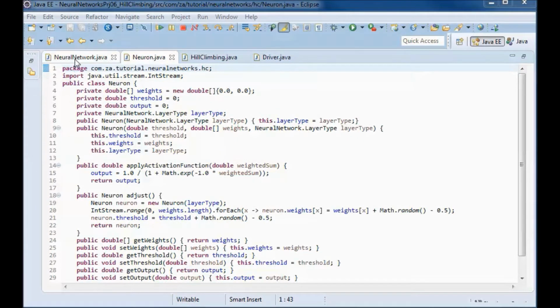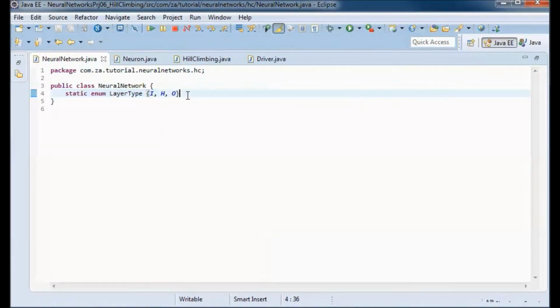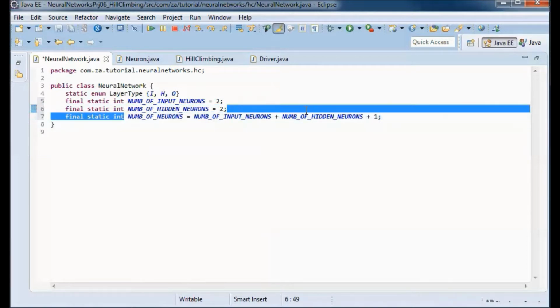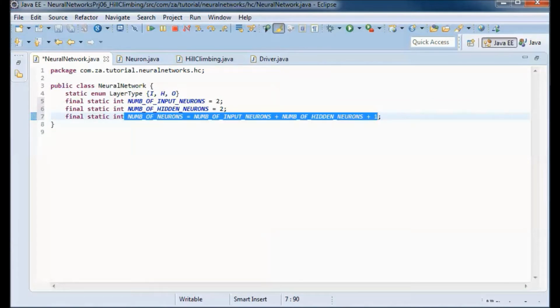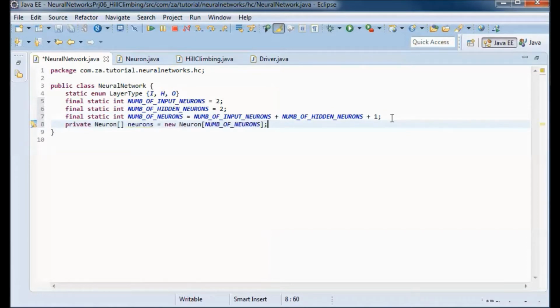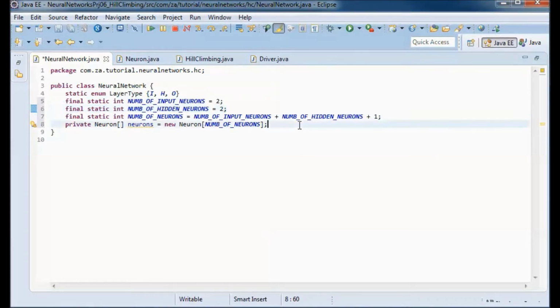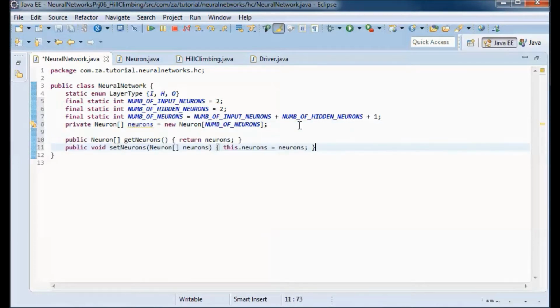Next I will go to the neural network that will have two neurons in the input layer, and two in the hidden layer, and one in the output layer. So the total number of neurons will be 5. And this class will have an array of neurons that contain all those neurons, and get and set methods.